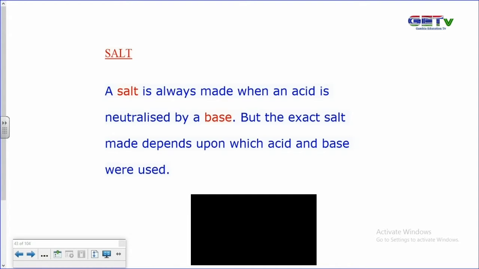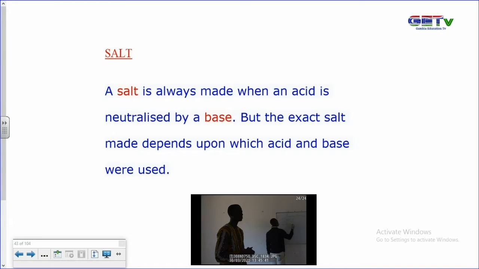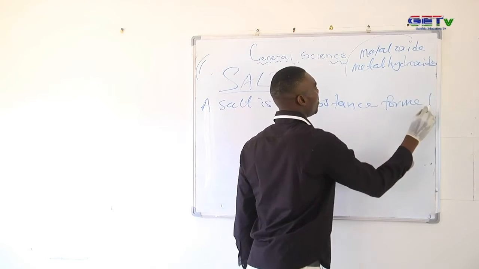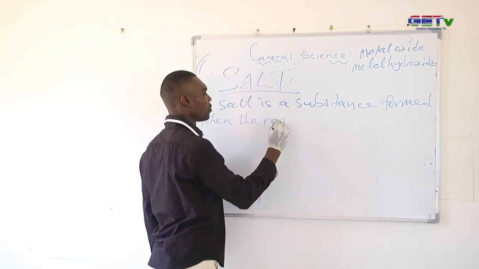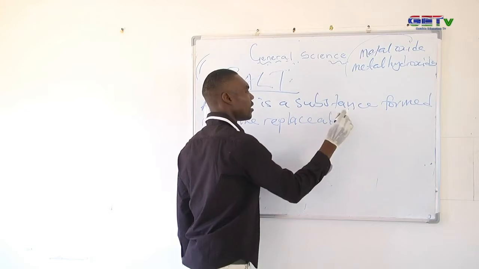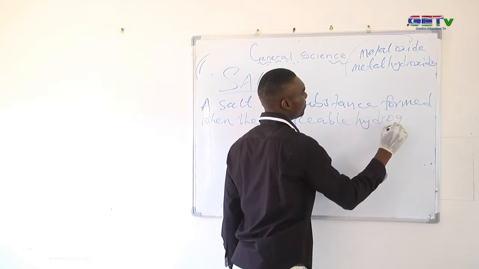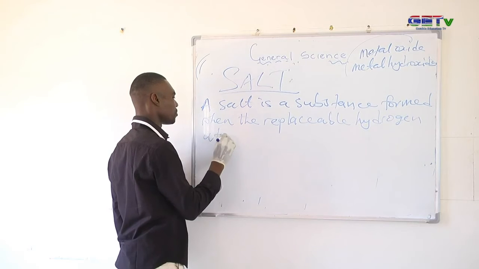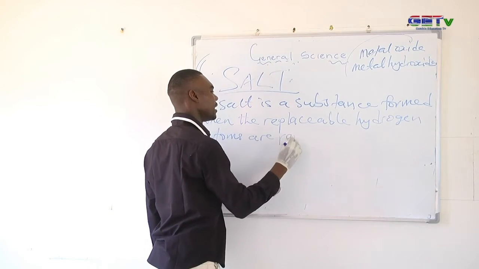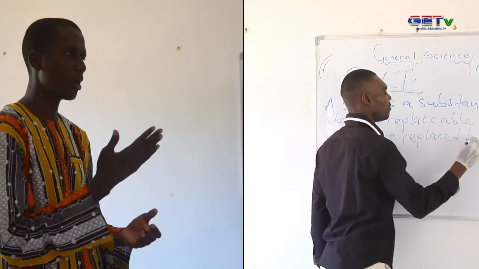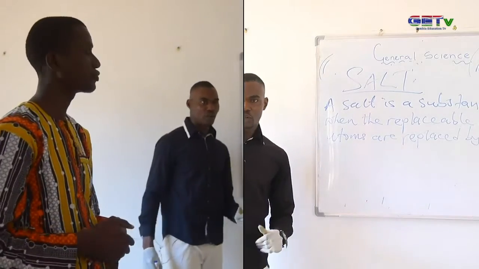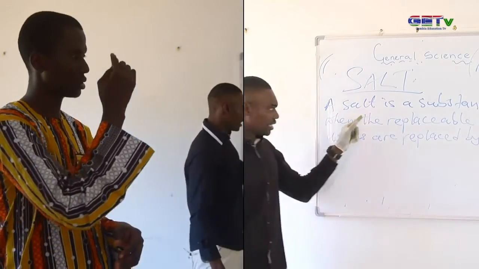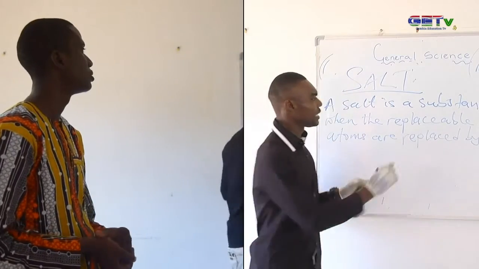A salt is a substance formed when the replaceable hydrogen atoms are replaced by a metal. So look at this definition very well about salts. What is a salt? A salt is a substance formed when the replaceable hydrogen atoms